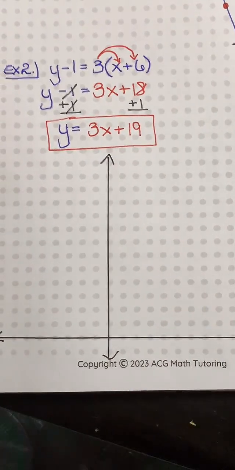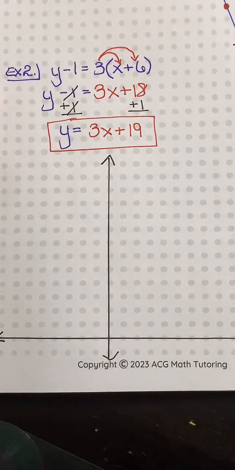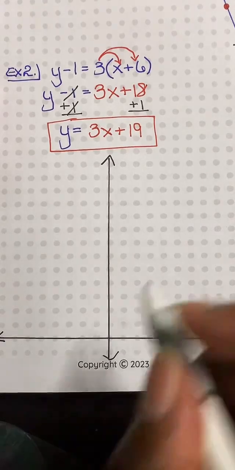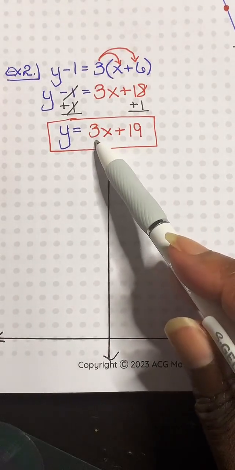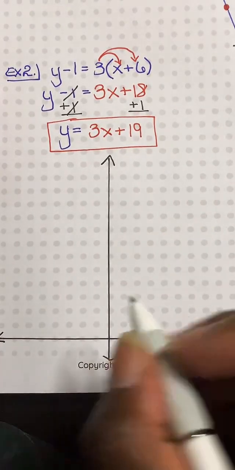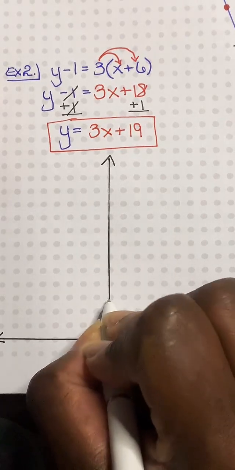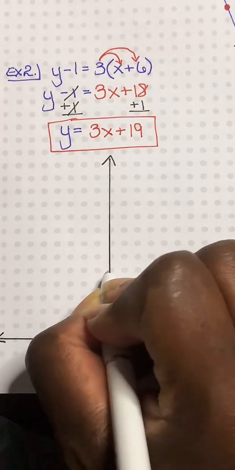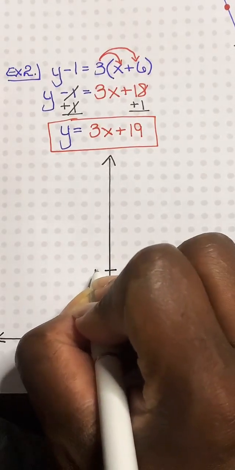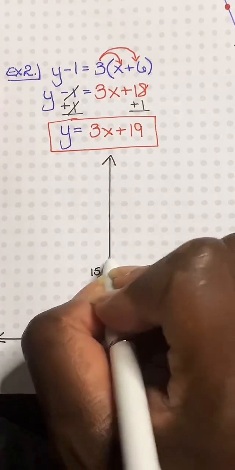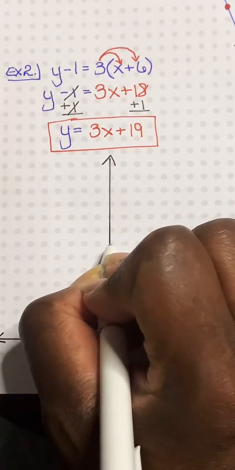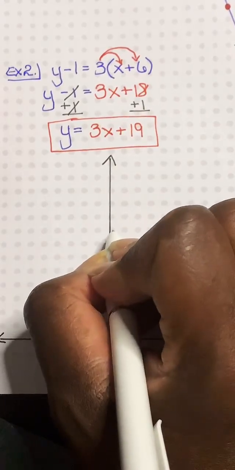So if we count by 3s, we can definitely guesstimate where 19 will be. And it'll be easy for us to do because our slope is going to be 3s. So if I go like this, here's my 3, 6, 9, 12. Here's my 15, 18, 21,